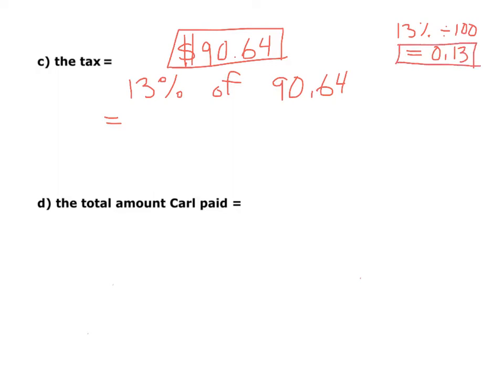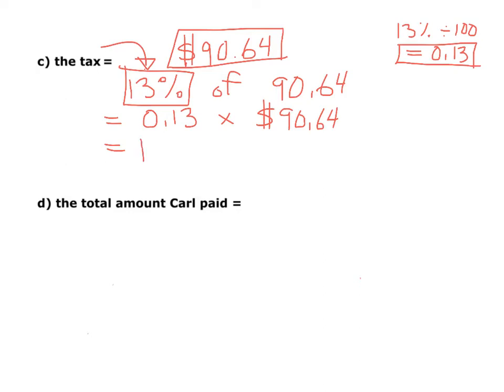So that's 13% as a decimal. So 13% is written as 0.13. Of means multiply, and I'm going to multiply by $90.64. So I could figure out how much the tax is, because we know that tax is always 13% in Ontario. And so I just do these two numbers multiplied by each other, and I end up with